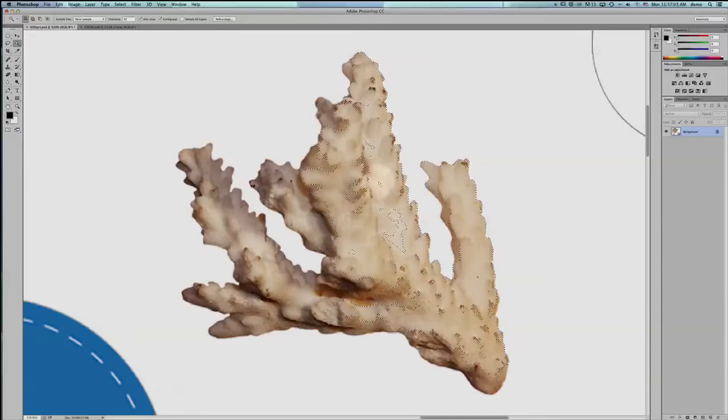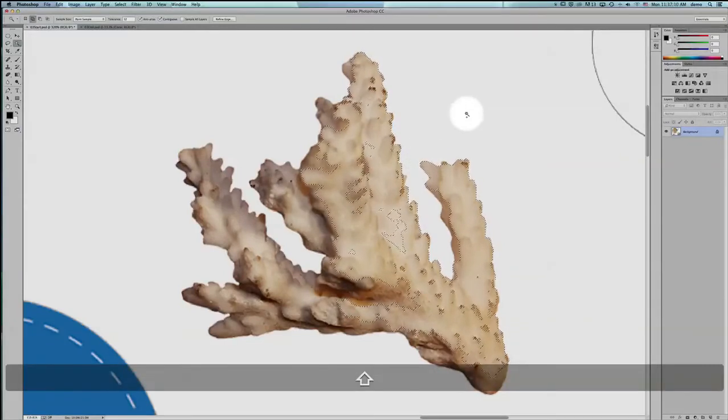Okay, now I'm going to hold down the Shift key. Watch my cursor. I'll hold down the plus sign, and I'm going to pick up little areas of color that I did not pick up earlier. Now this is a little tedious, I must admit. The Quick Selection tool is much better for this. But it does give you the idea that you can